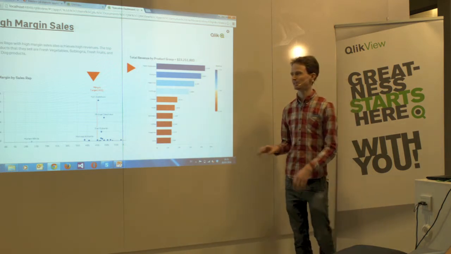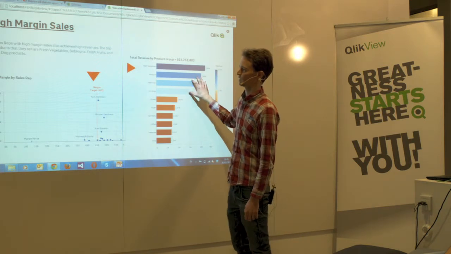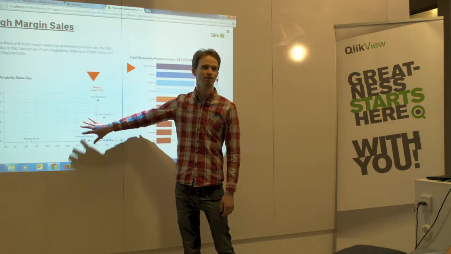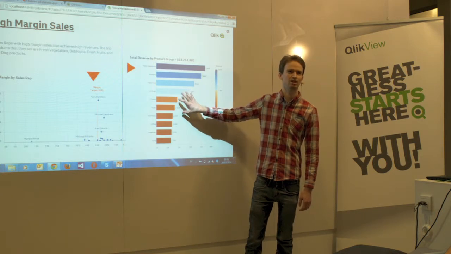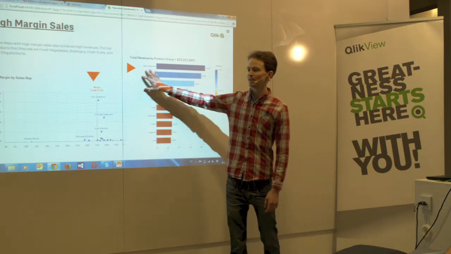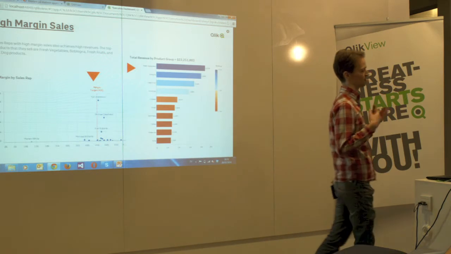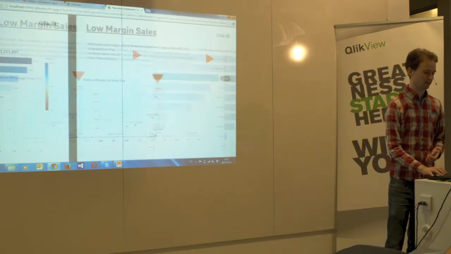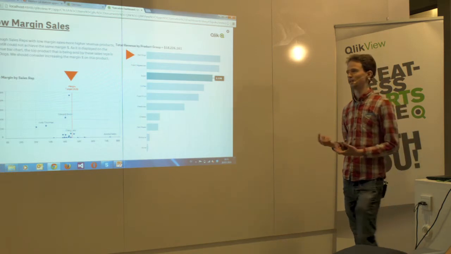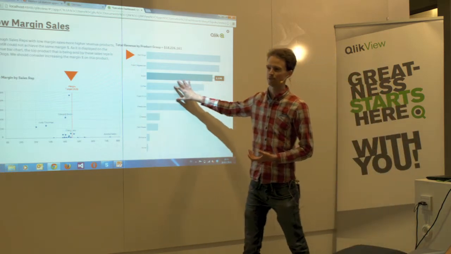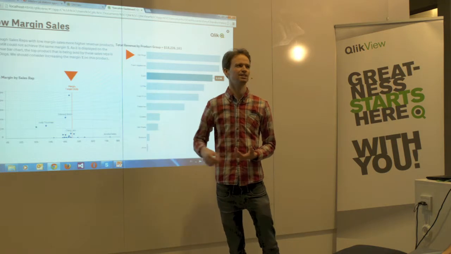But what we have is a story mode here where we take a snapshot of the chart so you know that this chart will always be displayed like this. It's never ever going to change. So you can go in here, you can start your presentation, talk about the high margin sales, talk about the low margin sales. And the difference here in storytelling compared to a PowerPoint is that you get that darn stupid